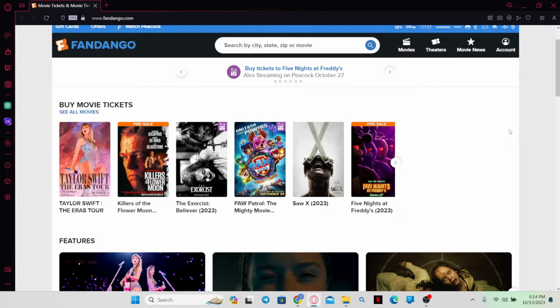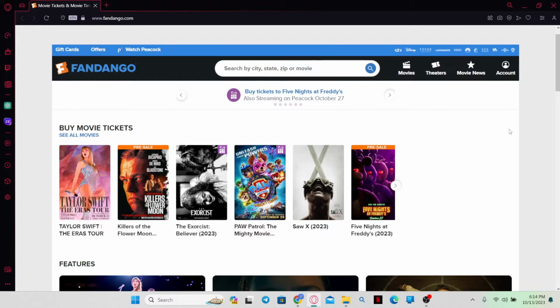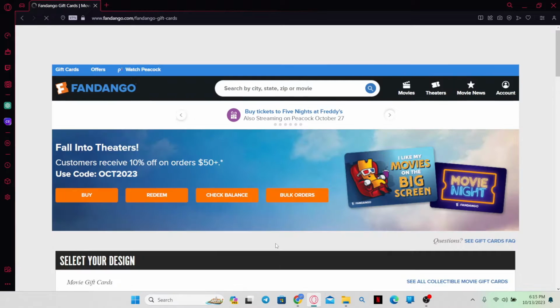From there you will be taken into the login portal where you can simply enter your credentials to log in to your account. After you are logged into your account, simply click on the gift card option at the top left corner. From here you will be able to activate your gift card after you have entered the gift card